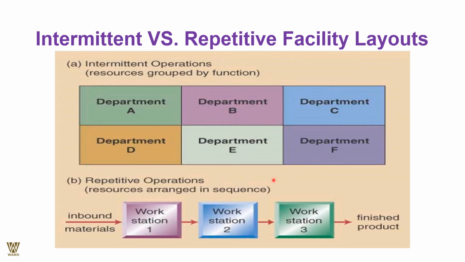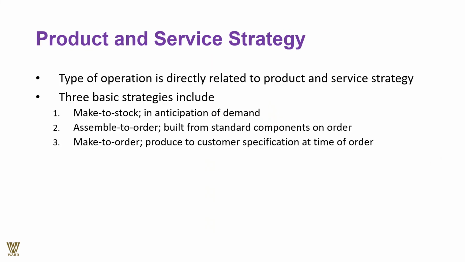Whereas in repetitive operations it is the other way around, right? Where it is an inbound material, workstation 1, 2, 3, and finished product. You put in your pizza, make your pizza from workstation 1, 2, 3, and your pizza is ready and stored. And by the time it has been produced, probably it is expected that orders have been placed, so it can be consumed in an immediate fashion. If not, probably it can be stored for a certain point of time or maybe grilled at the moment the order has been placed.